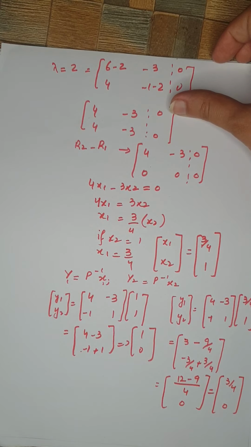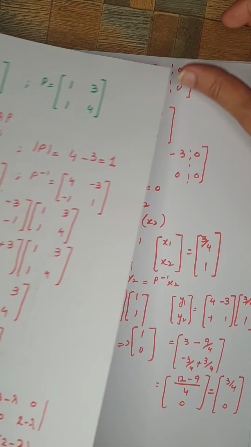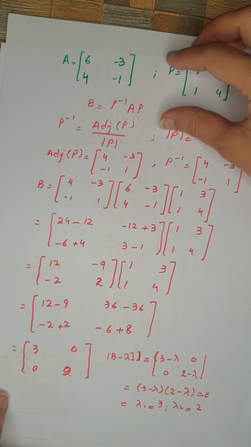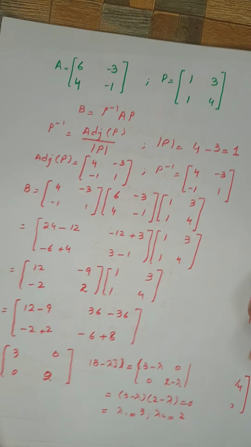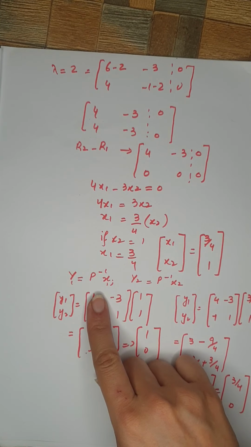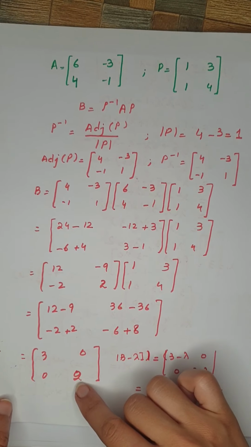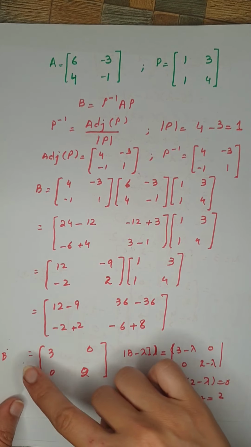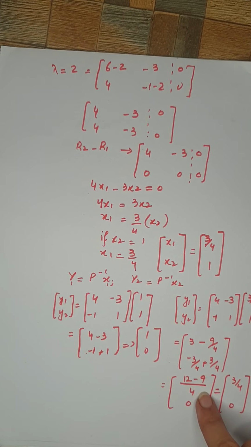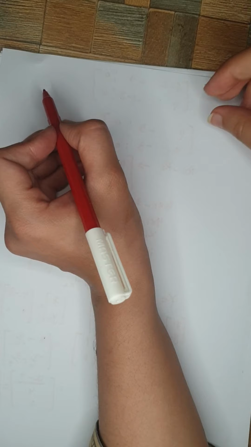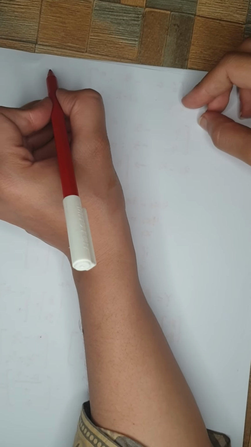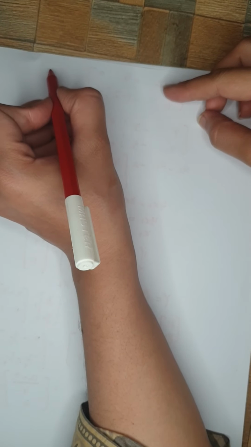You can also find the eigenvectors corresponding to these values using the matrix B and justify the relation y is equal to P inverse times x. This means you can directly find the eigenvectors of this matrix B, and then you can test whether these two vectors are equal or not. So let's verify the eigenvectors of the matrix B directly.